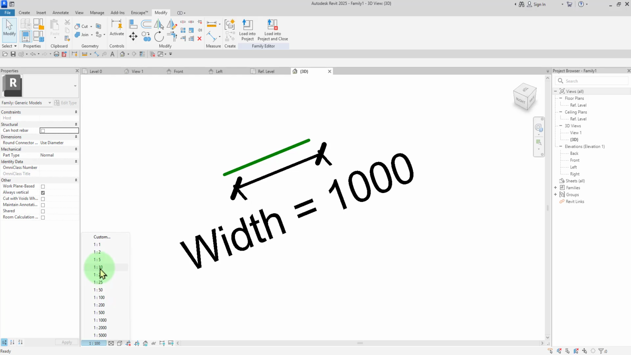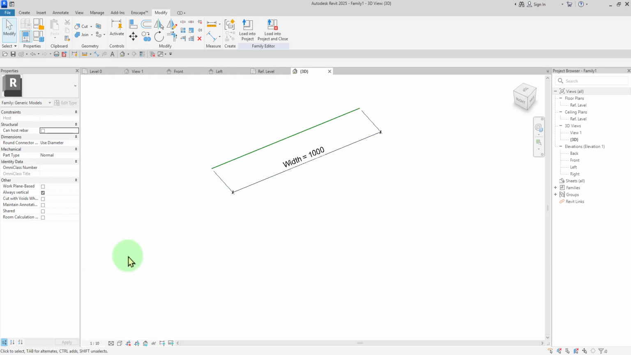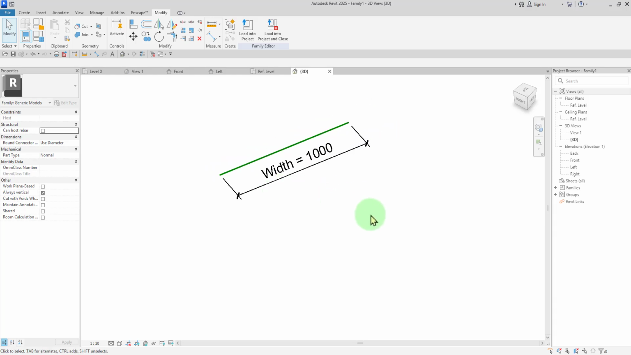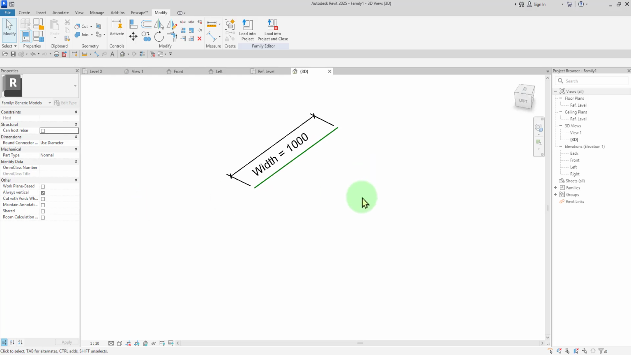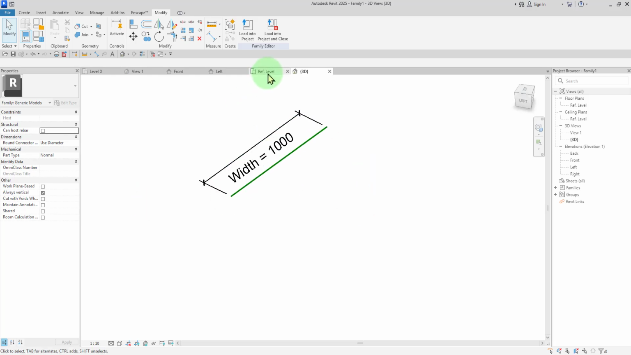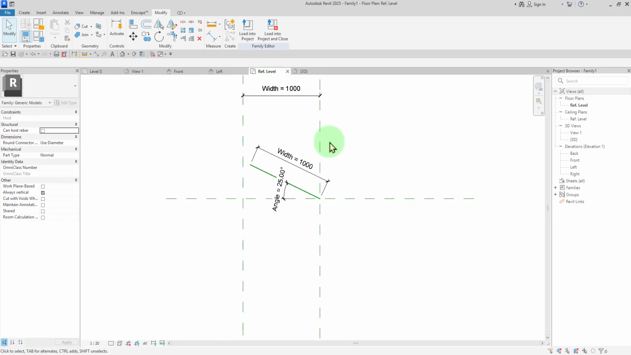I'm going to change the scale to about 1 in 10. Let me just change the scale to about 1 in 20. 1 in 20 is perfect. We have that in there, and we need to go back into our plan view, which is the reference level,